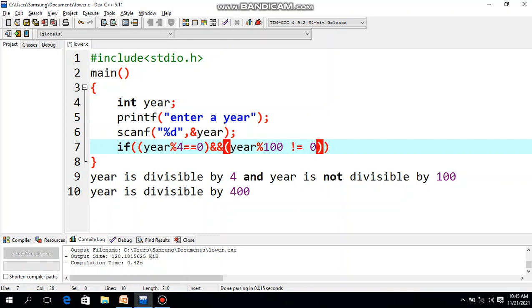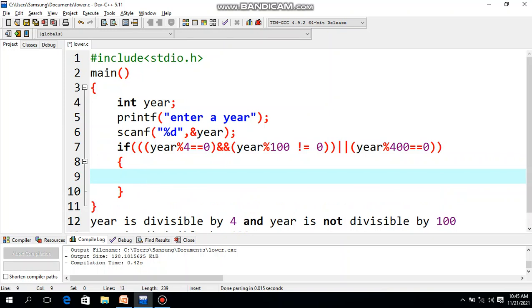And if this is true, or if the year is divisible by 400, so what will we write? Year modulo 400 is equal to 0. And this whole thing will come under another bracket. So if this condition is true or this condition is true, then what are we going to write?